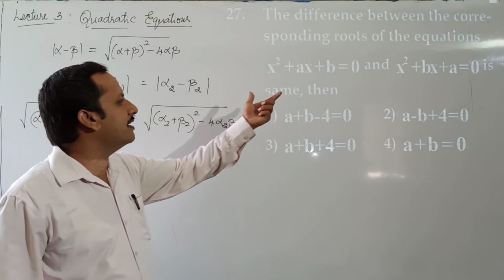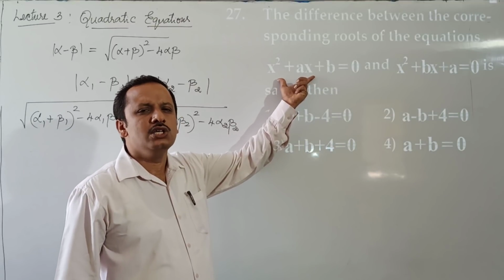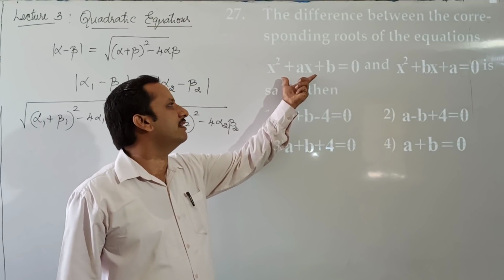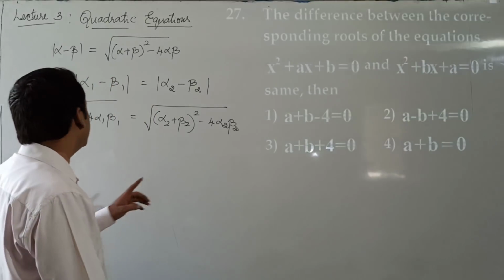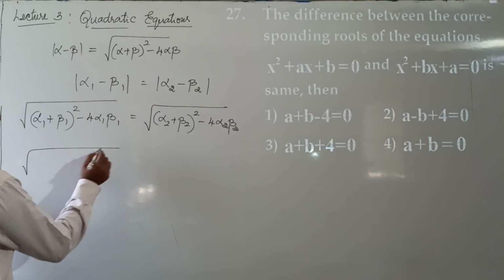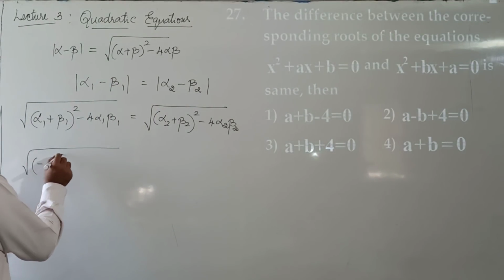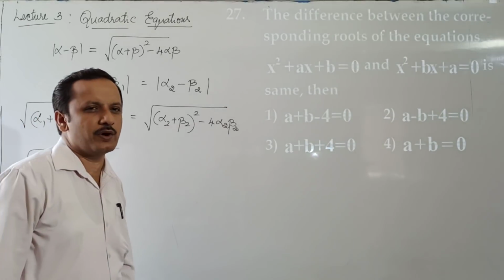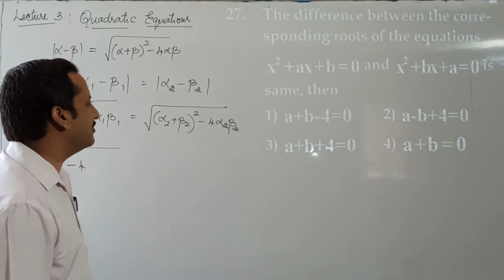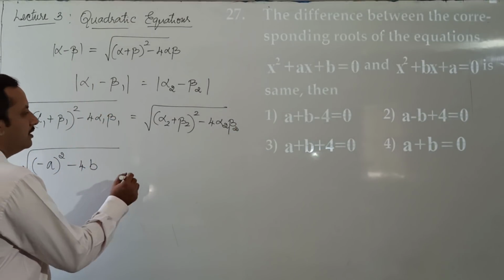I have taken alpha 1 and beta 1 as the roots of this equation. So sum of the roots alpha 1 plus beta 1 is equal to minus a, root of (minus a) whole square minus 4 into alpha 1 beta 1, product of the roots c by a, or in this case b by 1, which is b. That's equal to